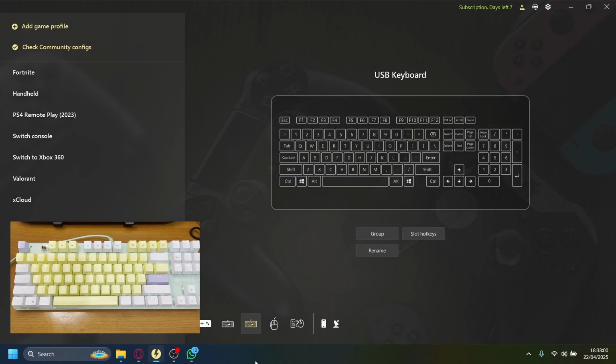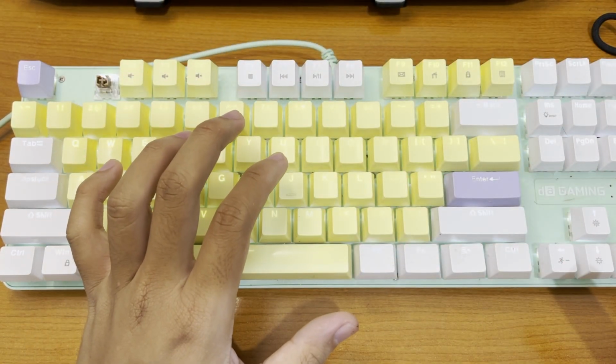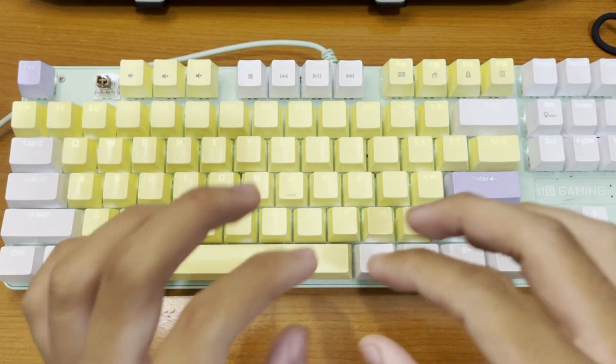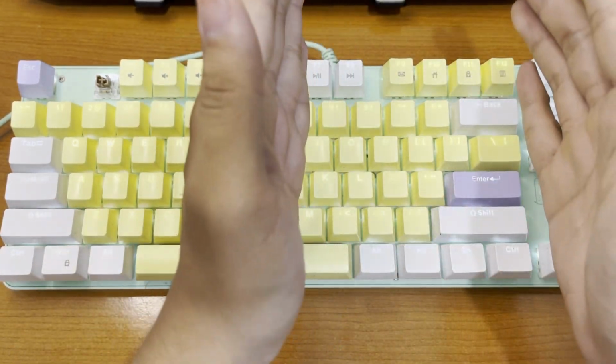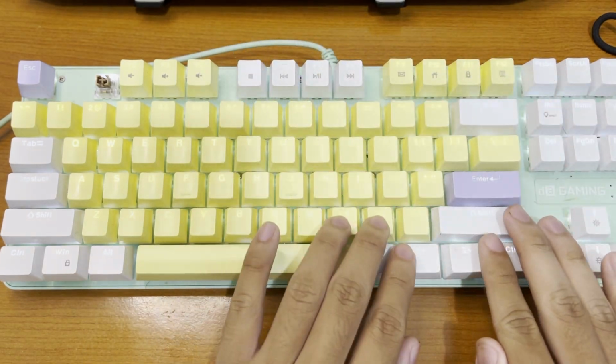Now, once you have the program open, this is what it will look like. Now the way we're gonna do this is that we're gonna split our keyboard into two. We're gonna turn one half into a virtual controller. Since Cuphead doesn't actually support native two-player keyboard, we're gonna split this half of our keyboard here into a virtual controller, which basically means we'll take this part of our keyboard and make it into a